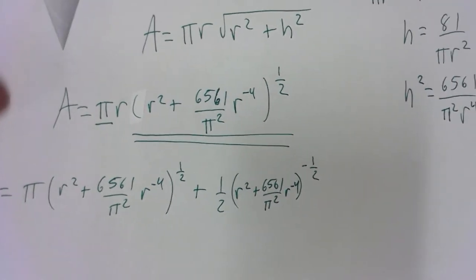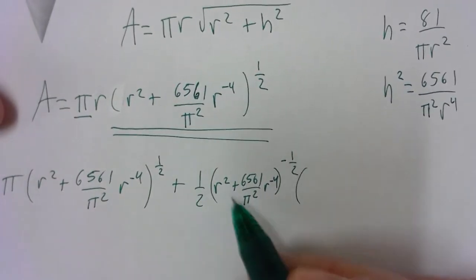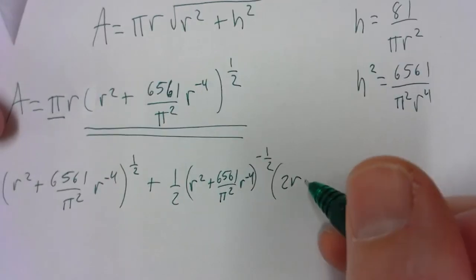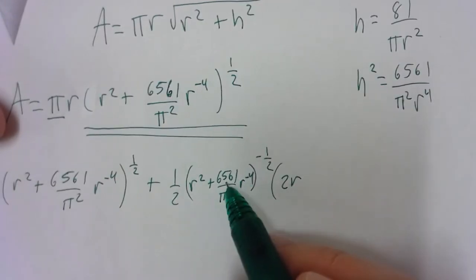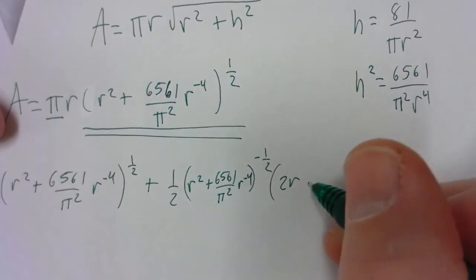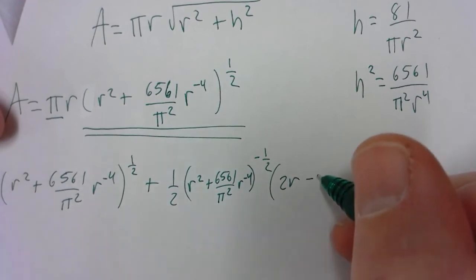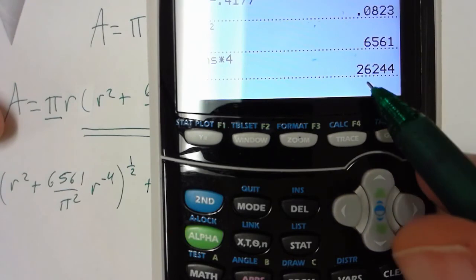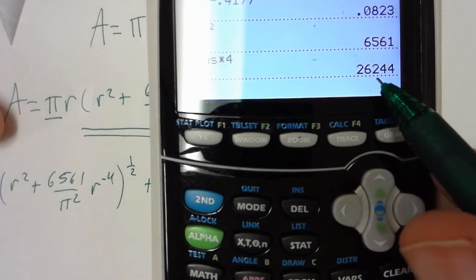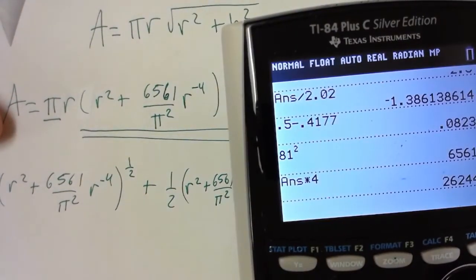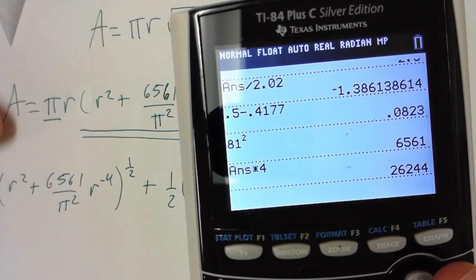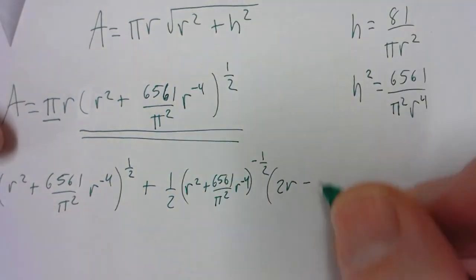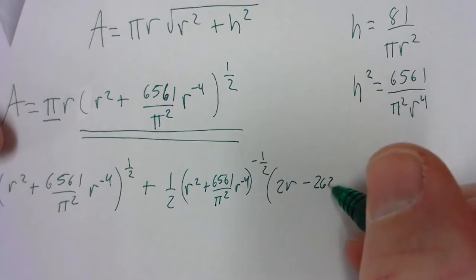Okay, times the derivative of the inside. Derivative of the inside would be 2r, and then we've got to do negative 4 times that, so it'd be negative 20. I already multiplied it out here. 26,244